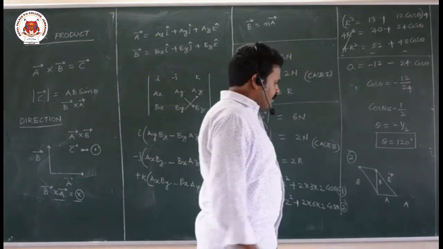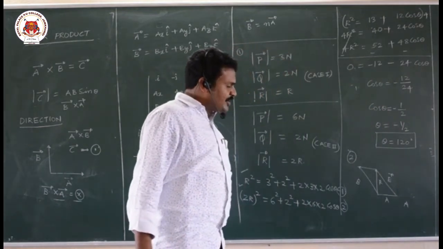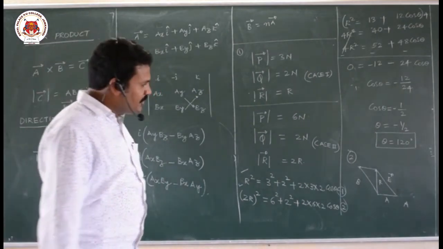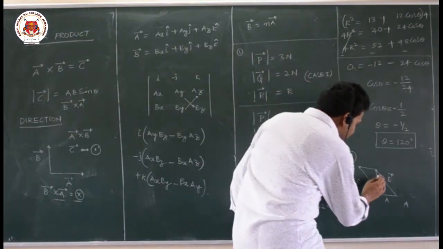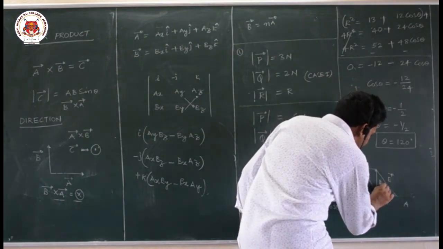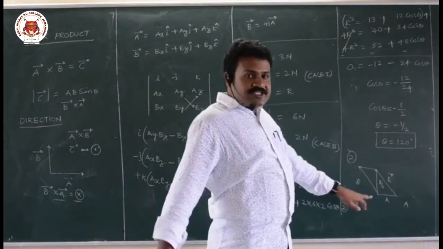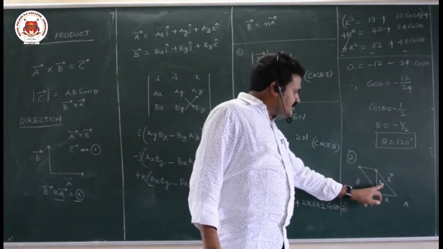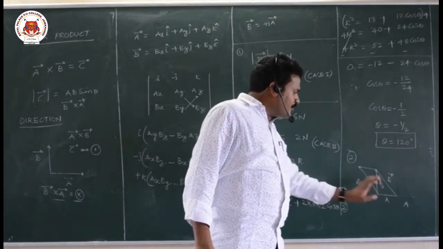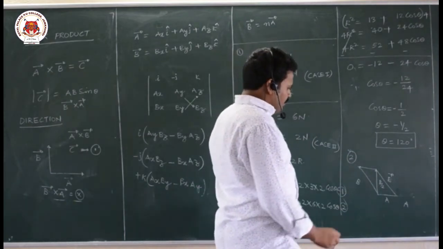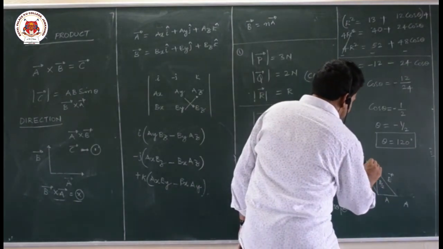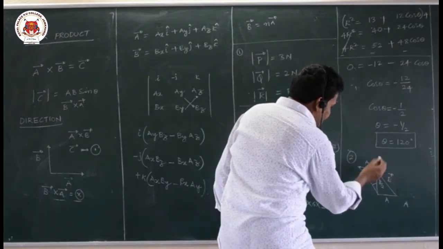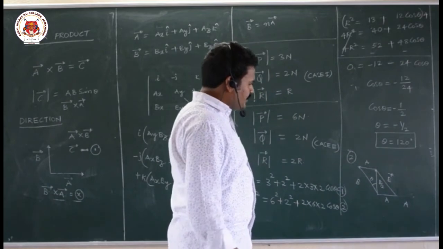This is the diagram. Resultant of two vectors A and B is perpendicular to A and its magnitude is equal to half of the magnitude of vector B. So this R is given as B by 2. So what he has given in the question is two vectors A and B whose resultant is R, B by 2, perpendicular to A. Now if this is A, by using parallelogram law this is also A. This angle you take it as theta.